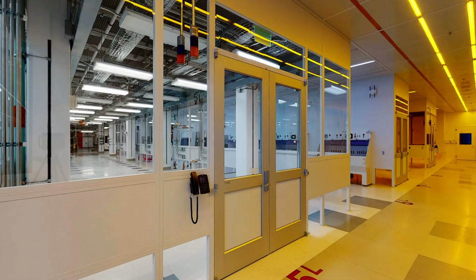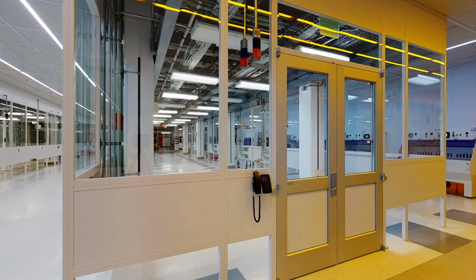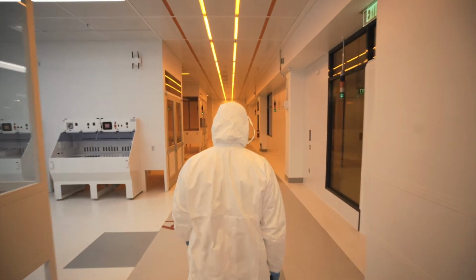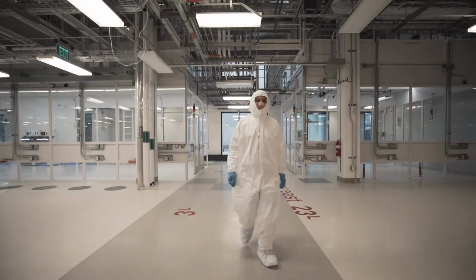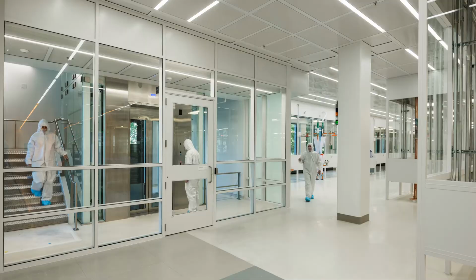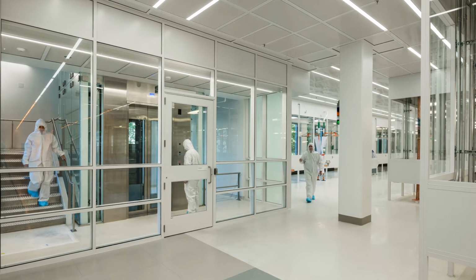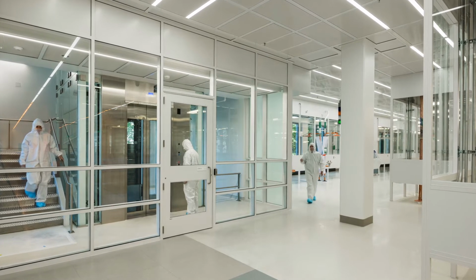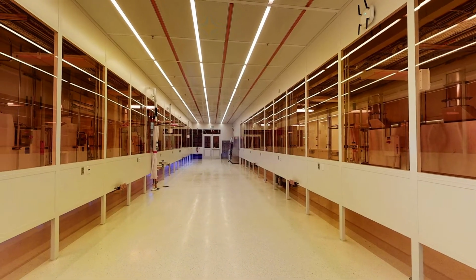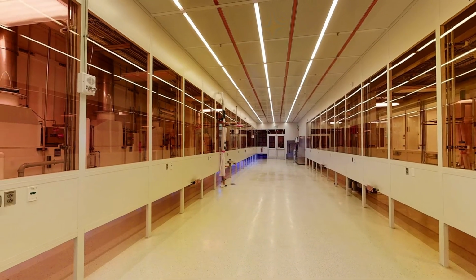The heart of MIT.nano is nearly 50,000 square feet of cleanroom, twice as large as any comparable academic facility. A cleanroom is the pristine, particle-free environment essential for controlled processing of nanoscale structures. The most pristine spaces in MIT.nano are rated Class 100. This means in a cubic foot of air, there are fewer than 100 particles larger than half a micron, or